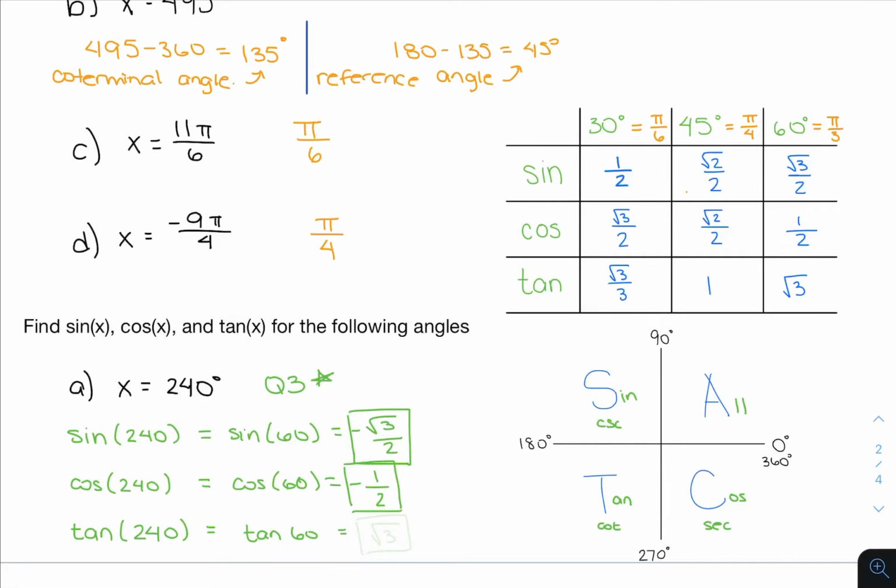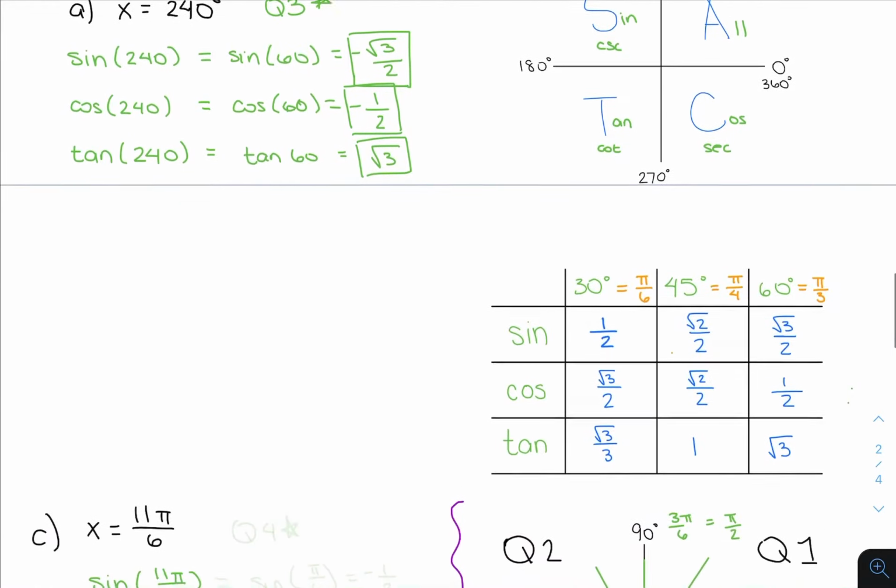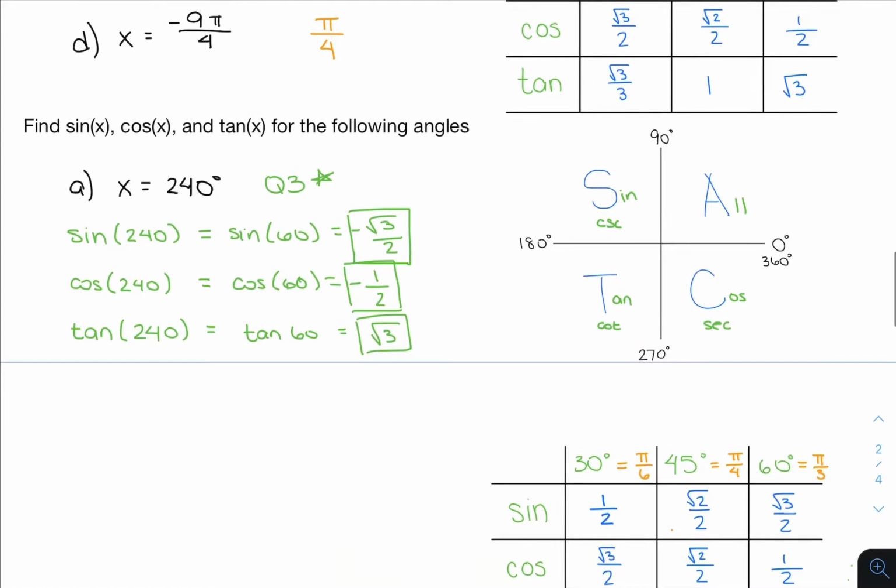For tangent of 240, it is equivalent to tangent of 60. And tangent of 60 is the square root of 3. And since it's in the third quadrant, tangent is positive. So for this one, we do have positive square root of 3. So you always just want to make sure that you put the correct sign depending on which quadrant you are